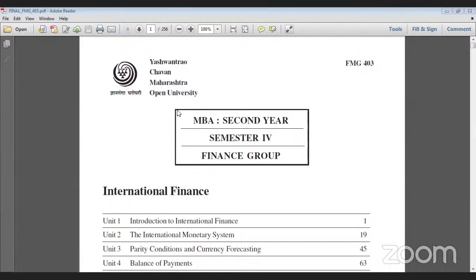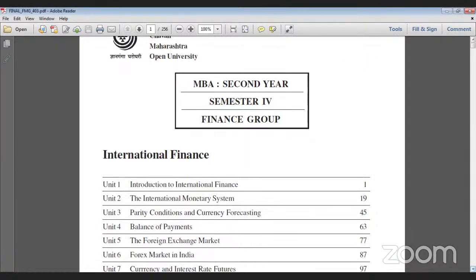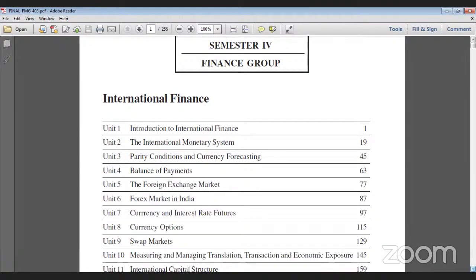Today we start our FMG 403 code subject, which is international finance. In international finance, there is an introduction to international finance, the international monetary system, the conditions and currency forecasting, balance of payment, foreign exchange market,